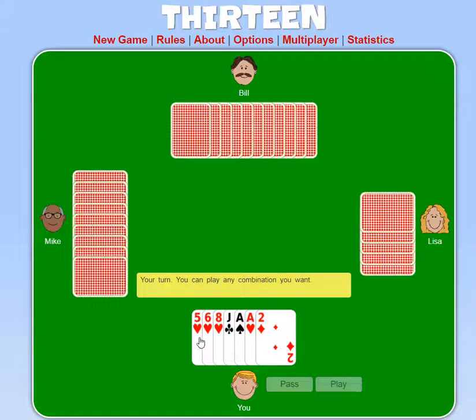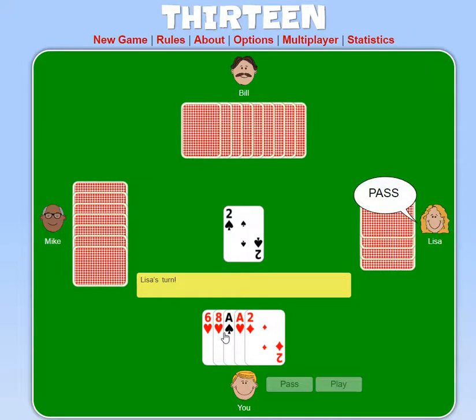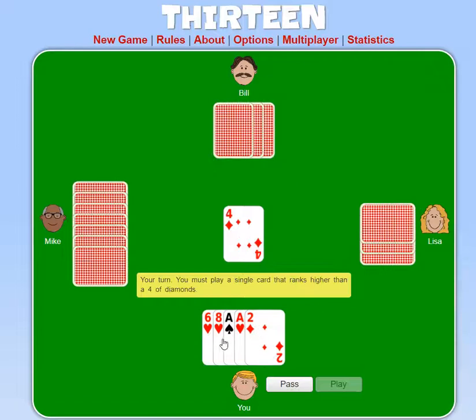Let's see. Yeah. 9. I'll play my jack, I guess. Okay. I can play this too. Or I can pass and wait. I think I'm going to wait, because Bill has a ton of stuff. Right. Maybe that was the mistake. If I trumped Bill's...